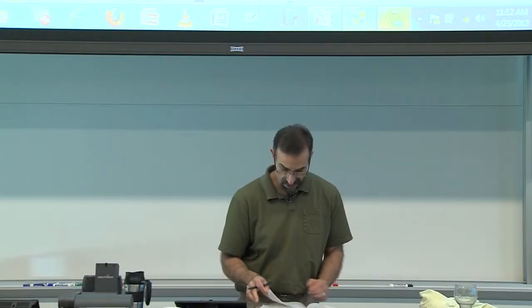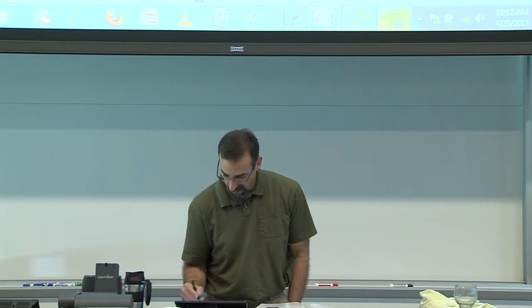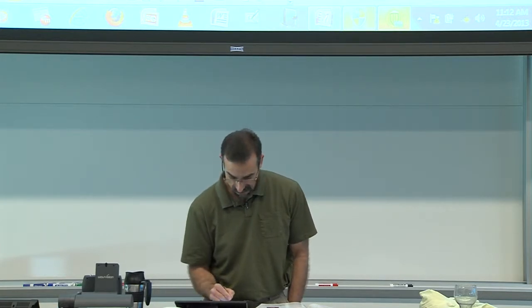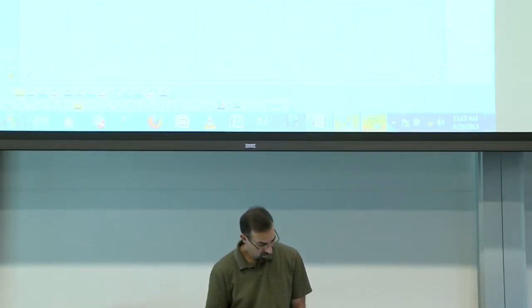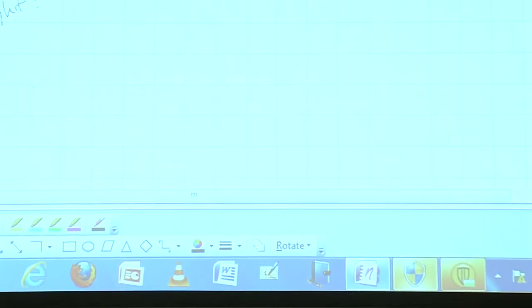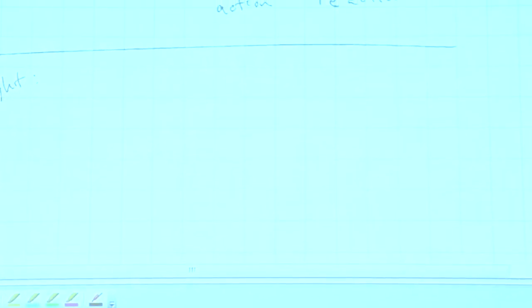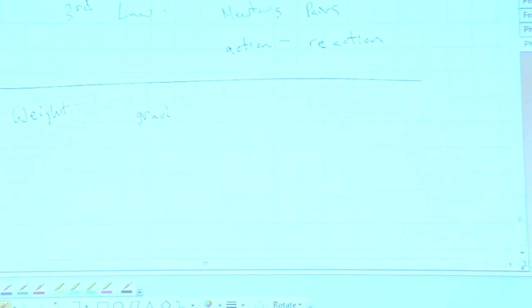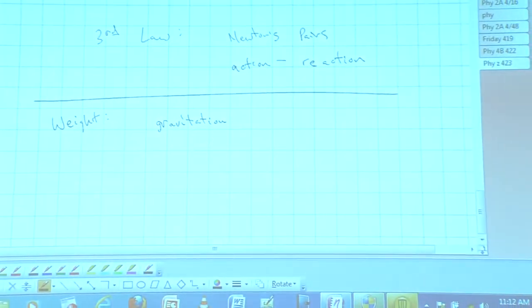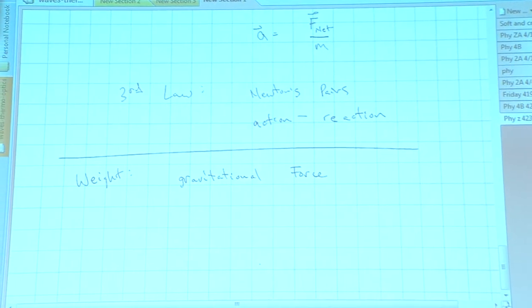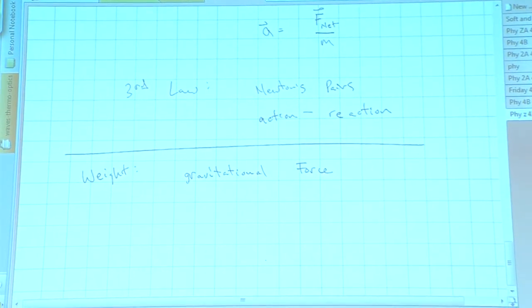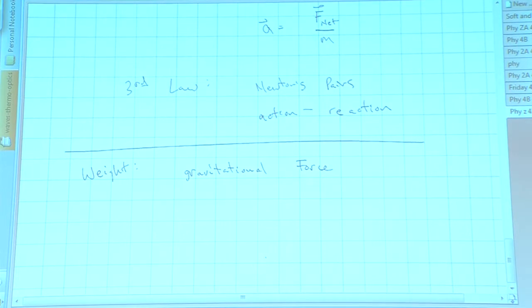Well, let's talk about weight, actually. We need weight because one of our forces is gravitational force. Weight is the gravitational force of attraction between two objects. So I've already thrown out a term, mass,